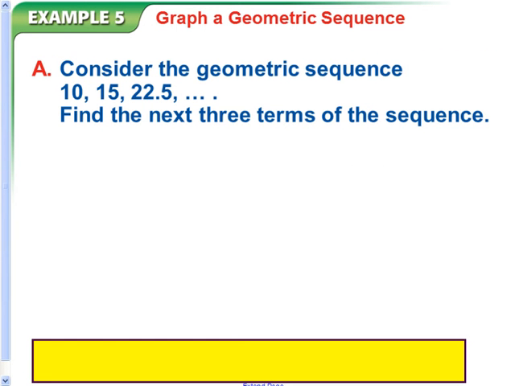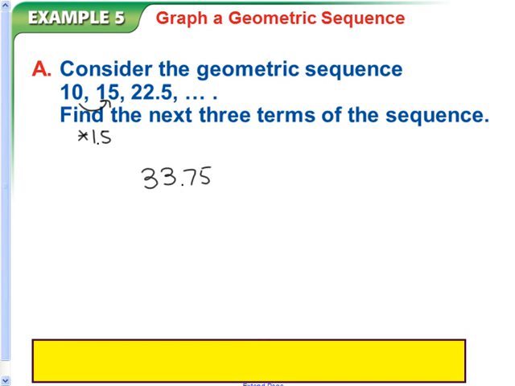Okay, so again, we have a geometric sequence and find the next three terms. So we have to find a ratio first. So 10 times what makes 15? If you can't see that, you do 15 divided by 10, and it's times 1.5. Okay, so we've got the first three terms. Do the next three. 22.5 times 1.5,